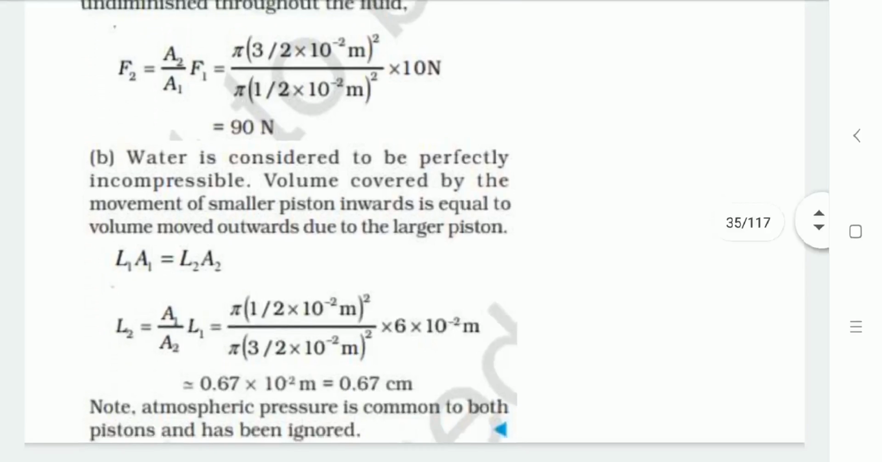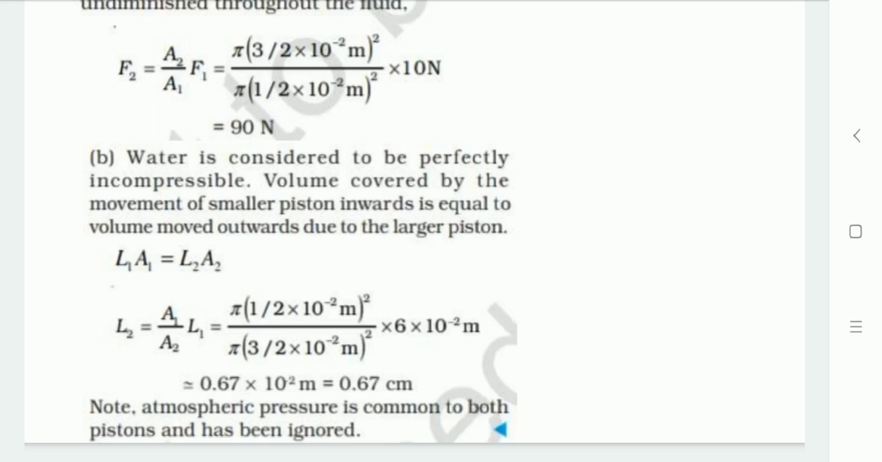Now the second case is there, in which it's given that if a smaller piston is pushed in through 6 cm, then how does the larger piston move? Here we need to calculate at which distance that larger piston will move. So here water is incompressible, so the volume covered by the movement of that smaller piston inward equals